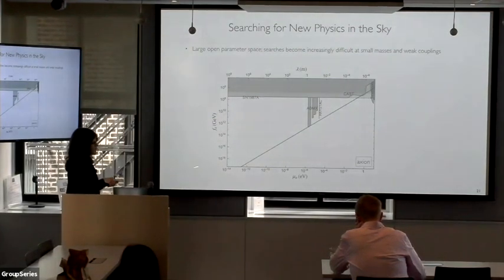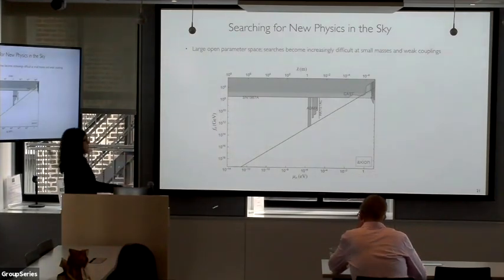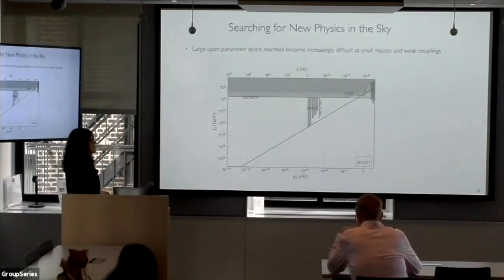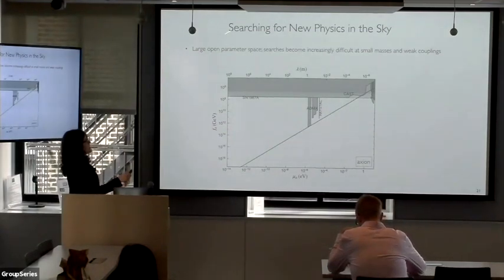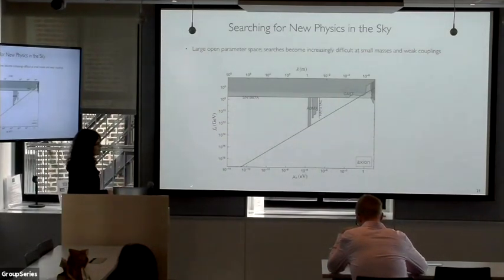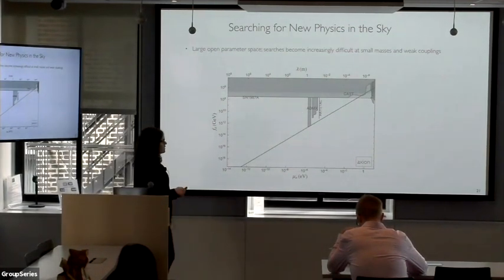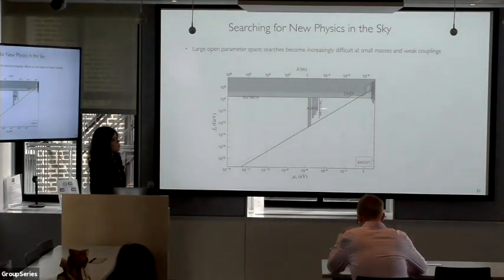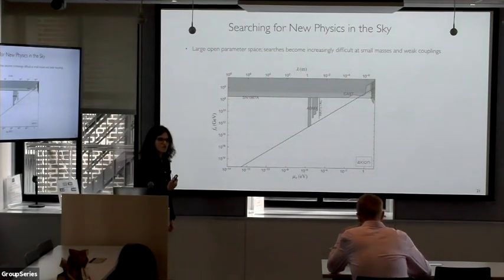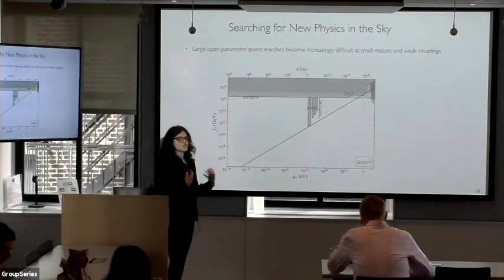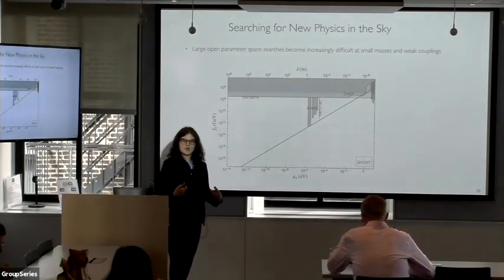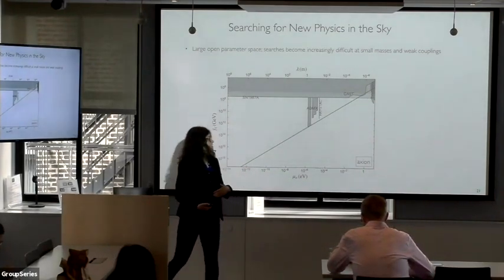So here, the x-axis is the mass of the axion in electron volts, and the y-axis is the coupling Fa. So stronger couplings is higher. The green line here is this QCD axion that I described, which solves the strong CP problem of the standard model. And the gray regions are current exclusions, mostly coming from, for example, supernova 1987A. The fact that we saw a neutrino burst tells us that there was not more energy loss from the supernova coming from axions than from neutrinos.